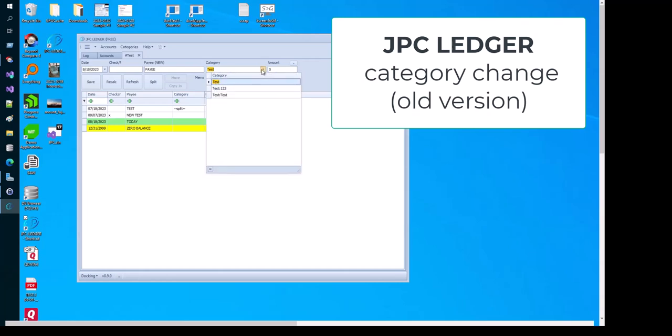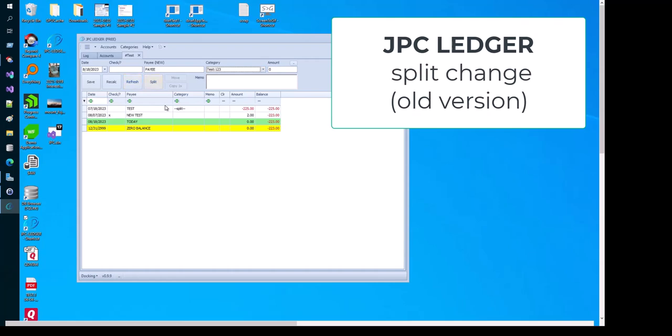What I wind up having to do is something like this, to get the same effect. And if I do a split,